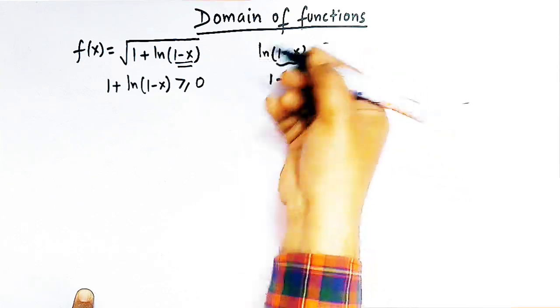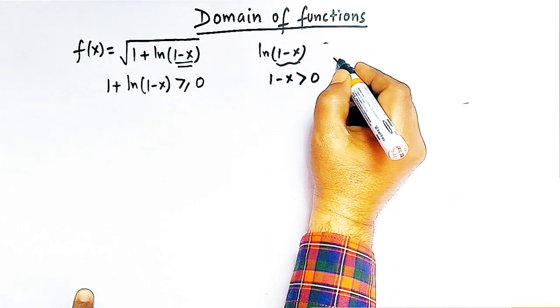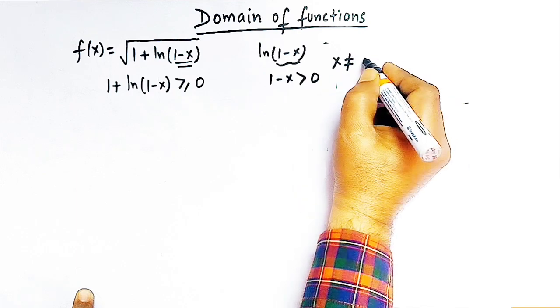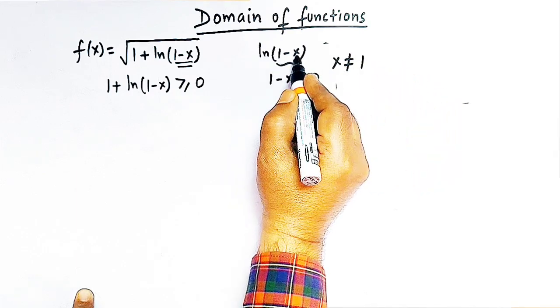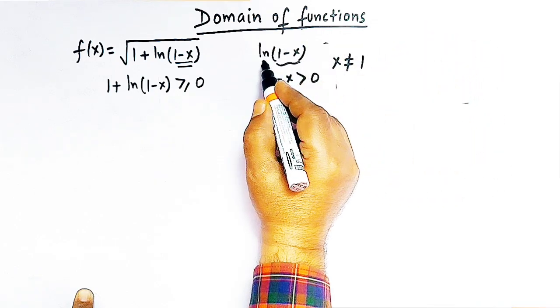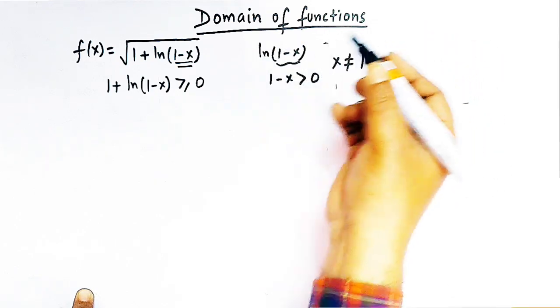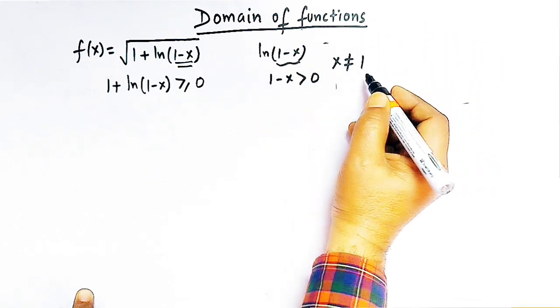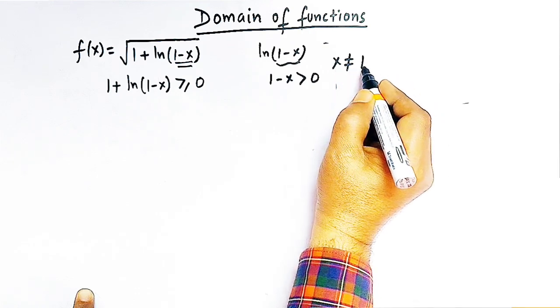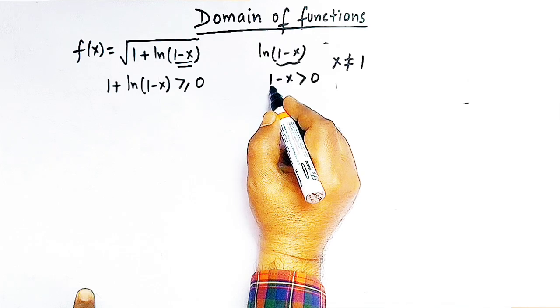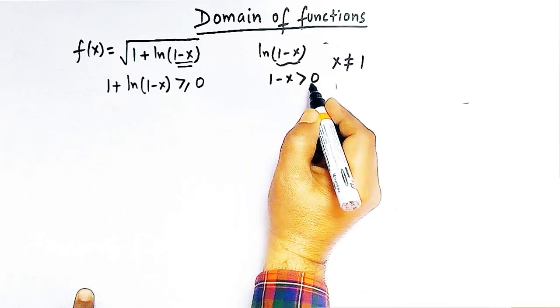And here it is quite evident that x cannot be equal to 1, because when x tends to 1, then natural log of 1 minus x tends to natural log of 0, right? And natural log of 0 tends to minus infinity. So here we cannot take x is equal to 1, and here we should have 1 minus x greater than